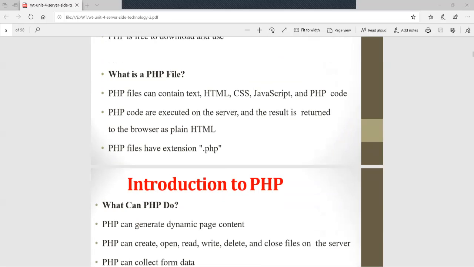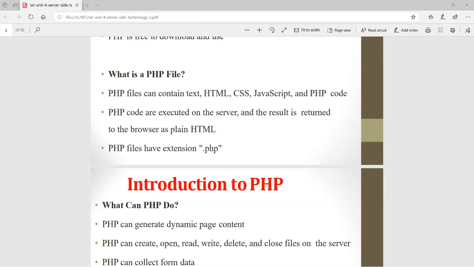We already studied HTML, CSS, JavaScript and the basics of PHP. Now we go for PHP. Whatever basics we require, you should know basic HTML code, CSS (cascading style sheets), JavaScript and the basics of PHP. PHP code is executed on the server.